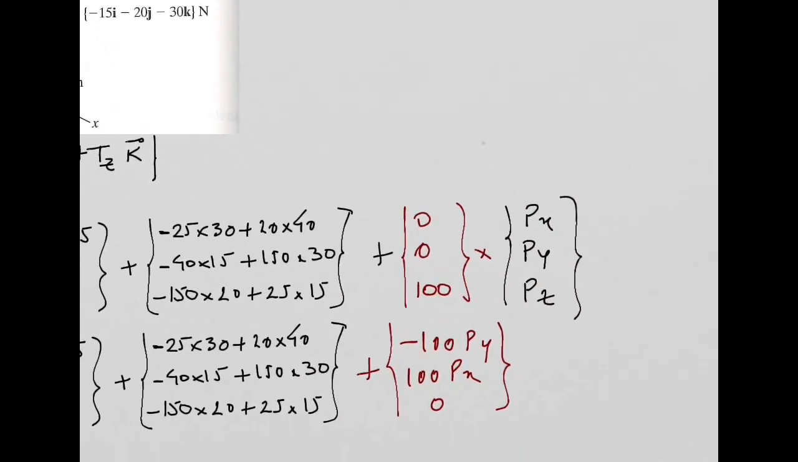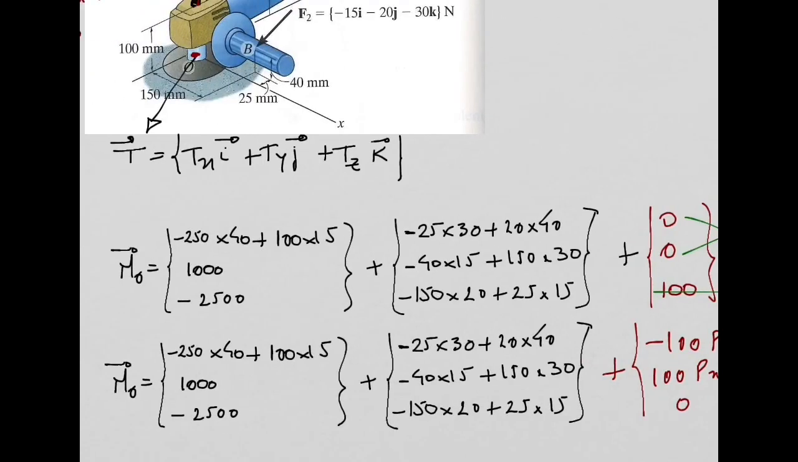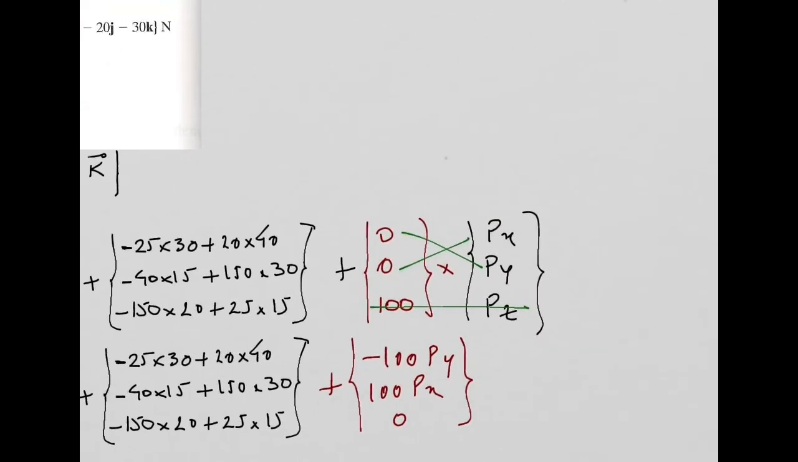Yeah, because look, when you do the Z component, you need to do this cross product: 0 times Py minus 0 times Px. So it means the result is 0 at the end. The left-hand side is not 0. What left-hand side? If you go back to the equations,